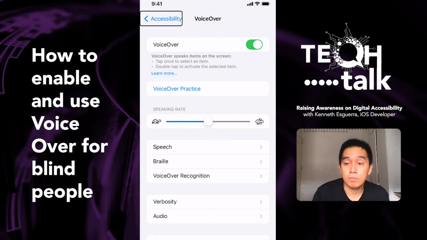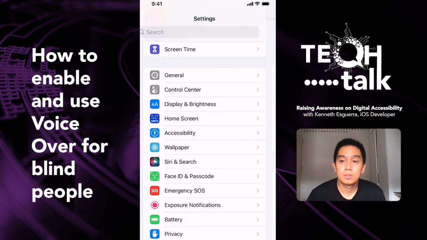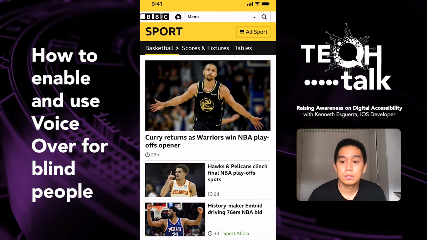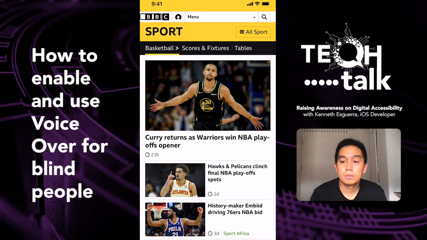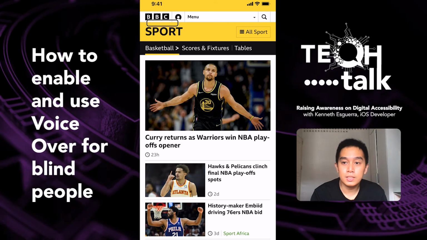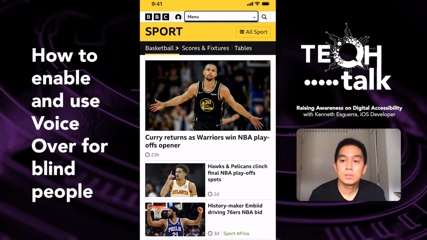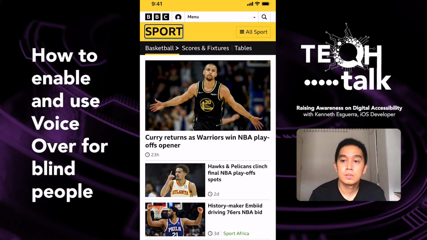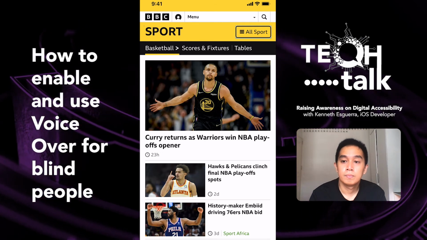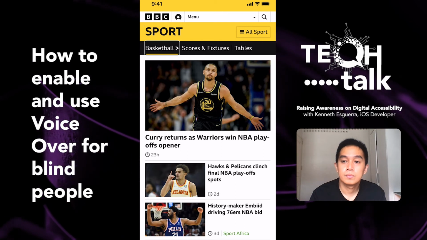Voiceover on. Settings. Accessibility. Back button. Settings. Heading. Then we can go on to the Kindle. Safari. Safari. Homepage. Link. BBC. Banner. Landmark. Accessibility links. Skip to content. Accessibility. Sign in. Link. Menu. Button. Collapsed. Search BBC. BBC Sport. Link. Banner. All sport. Menu item. End. Banner. Basketball. Menu item. Navigation. Landmark. Scores and fixtures. Menu item. Tables. Menu item. End. Navigation. Basketball. Heading level.